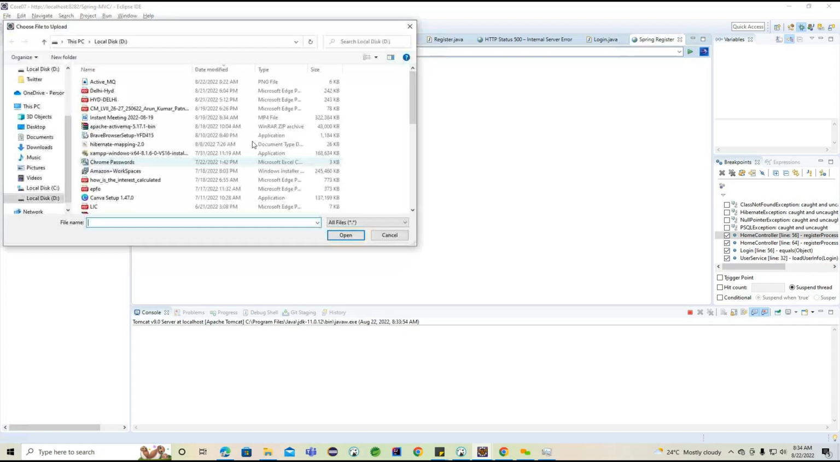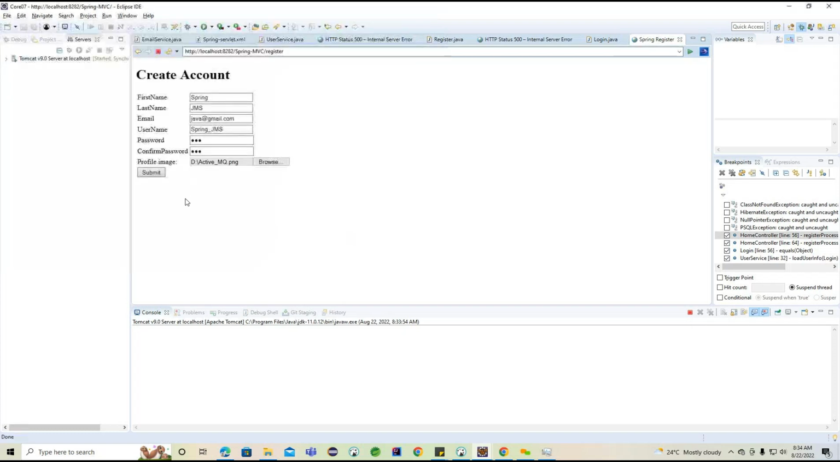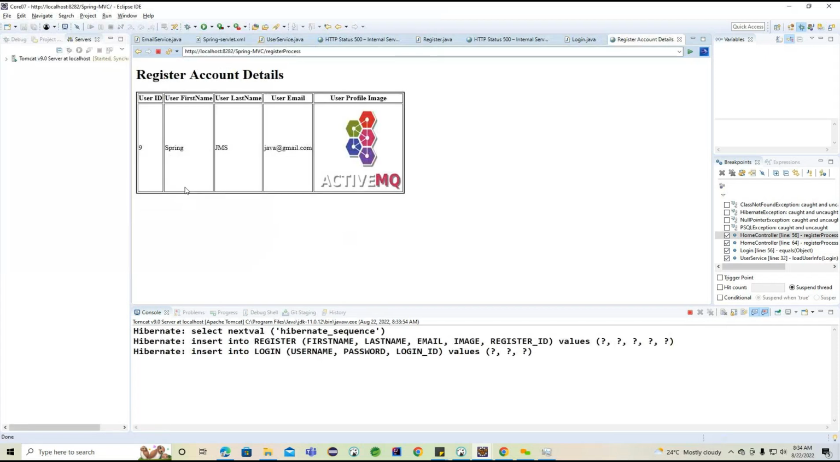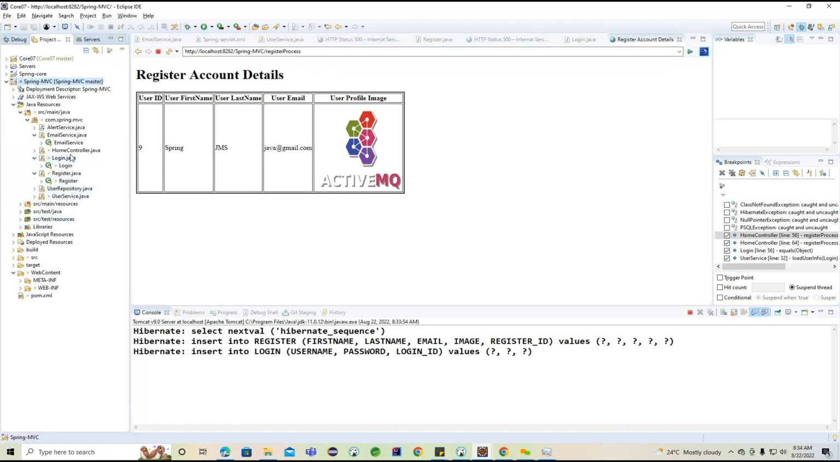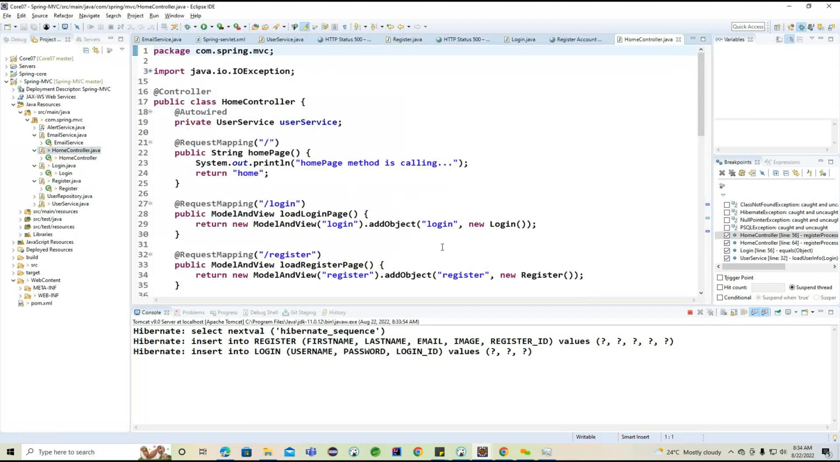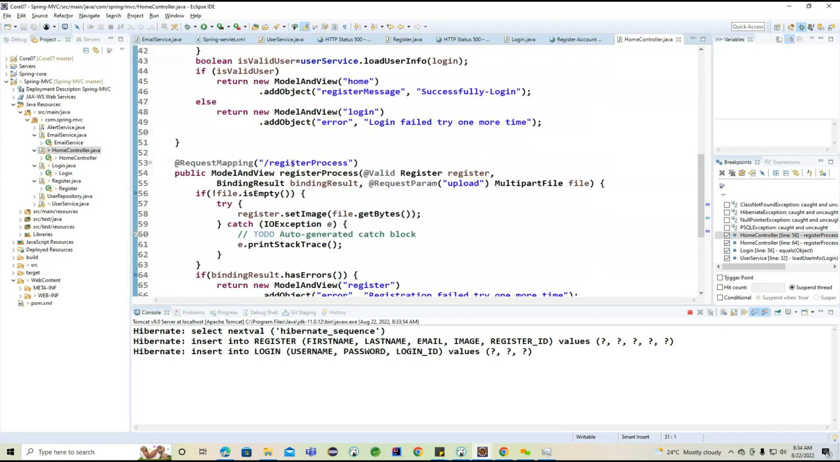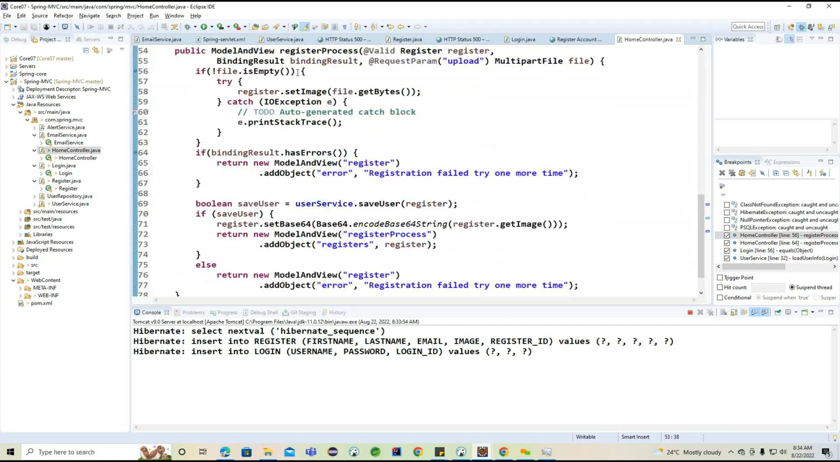Okay, Spring JMS. Finally, I select the image and click on submit. If everything is successful, you can see the ActiveMQ profile we added is loading. If we want to provide another important piece of information, what is it? Here, where is the home page? When we come back to the home controller after this register process,